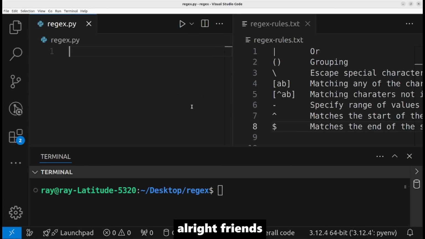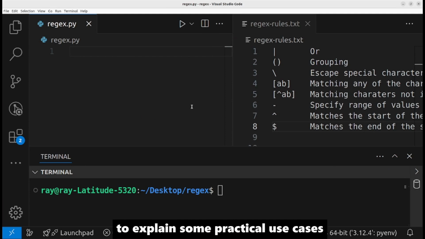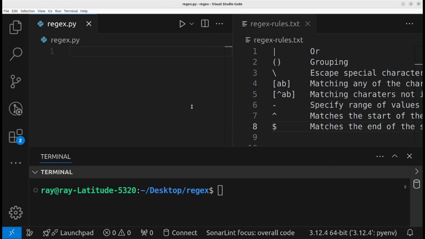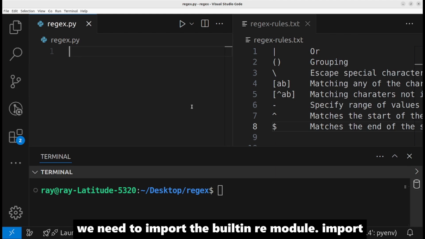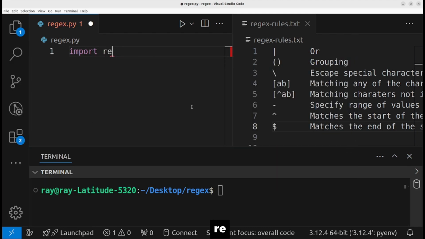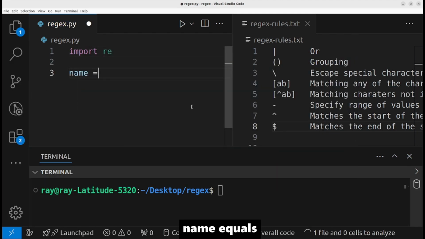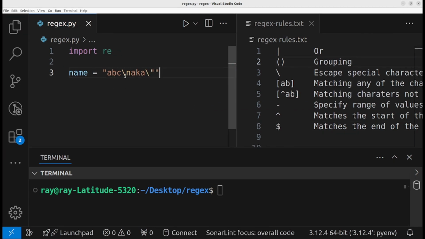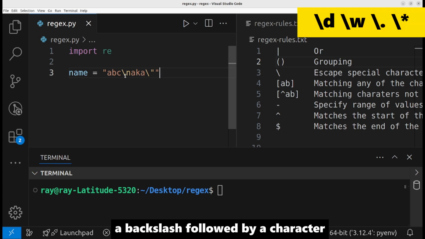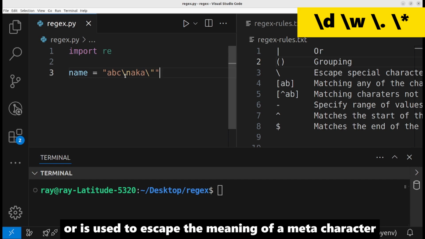Alright friends, I will be using Python to explain some practical use cases. You can still follow along even if you don't write Python. We need to import the built-in re module. import re, name equals "abc \n aka \string". Remember that a backslash followed by a character indicates a special form or is used to escape the meaning